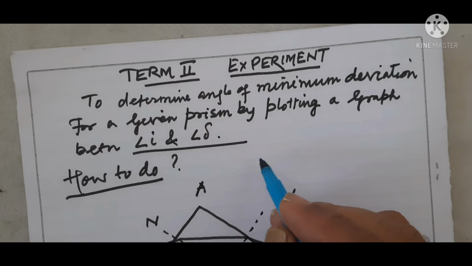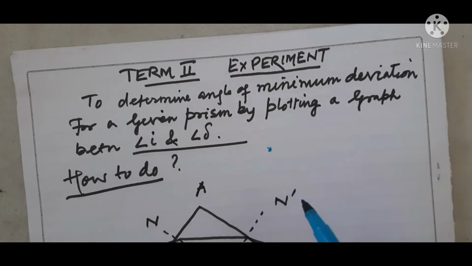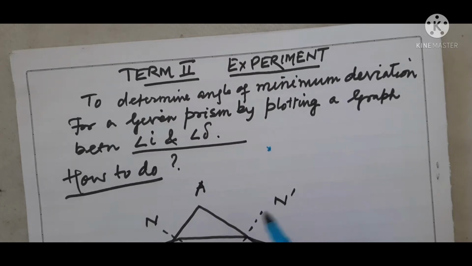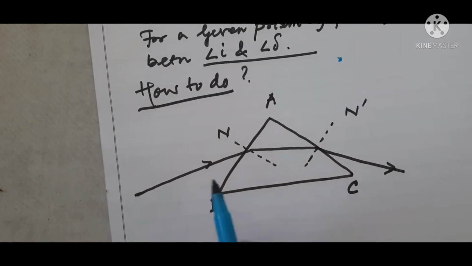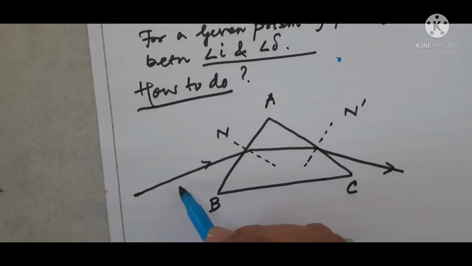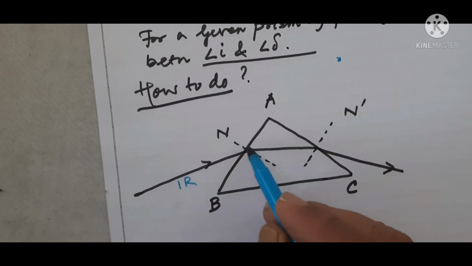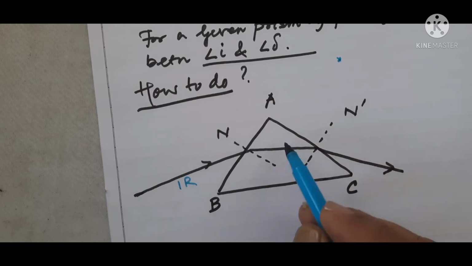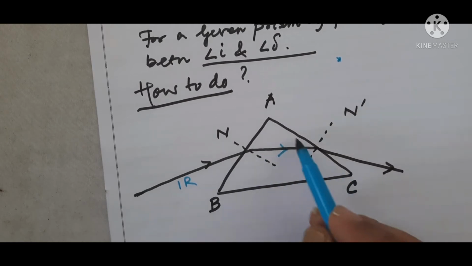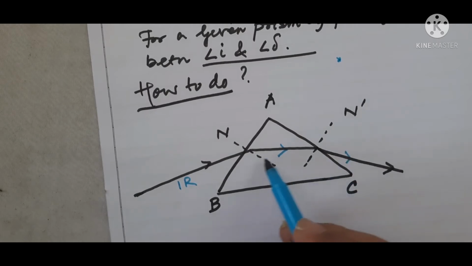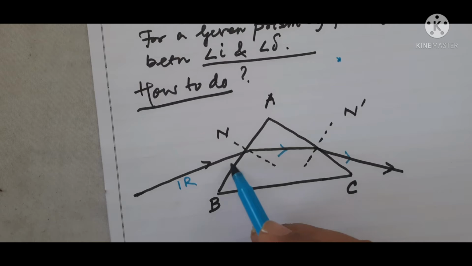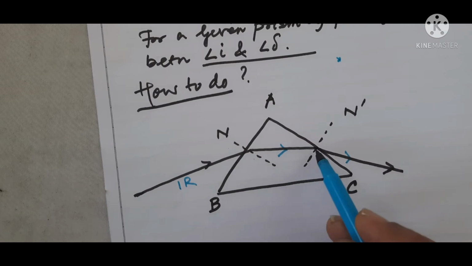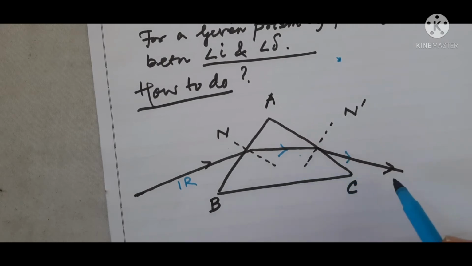But the main point where the students are facing problems is what is the meaning of the angle of deviation and how we are going to do it. Now see, first just a brief fundamental. This is a prism, and this is your incident ray, and here I have drawn the normal on the interface AB. And this is the refracted ray, and this is the emergent ray. How is the ray bending? Here the ray is passing from rarer to denser, so it bends toward the normal. Here the ray is passing from denser to rarer, so it goes away from the normal.